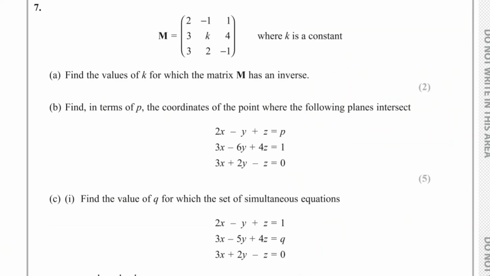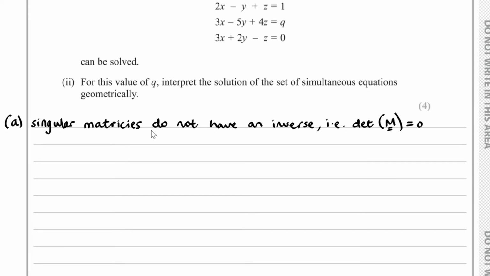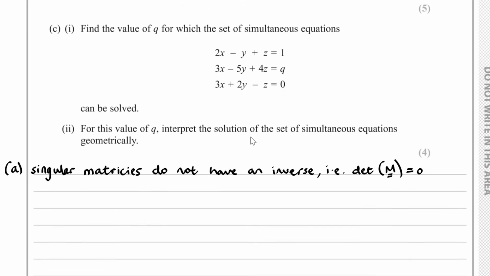Question number 7. The matrix M is equal to (2, -1, 1; 3, k, 4; 3, 2, -1), where k is a constant. We have to find the values of k for which the matrix M has an inverse. Well, singular matrices do not have an inverse. In other words, the determinant of M is equal to 0. So if we form an equation for k, we can find the value of k, and then k doesn't equal that value for M to have an inverse. So if we work out the determinant of M,